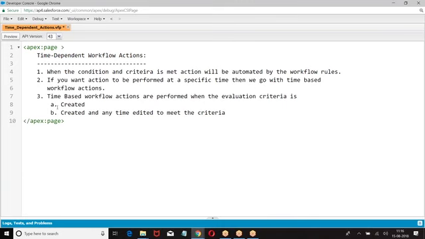I cannot create time-based workflow actions when the evaluation criteria is created and every time it is edited. I repeat the statement: I cannot create time-based workflow actions when the evaluation criteria is created and every time it is edited.